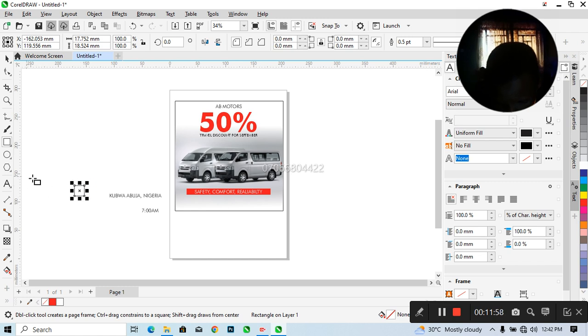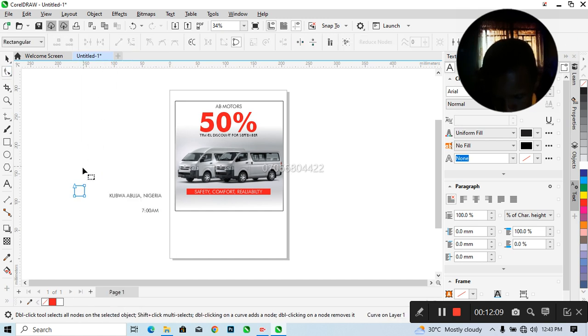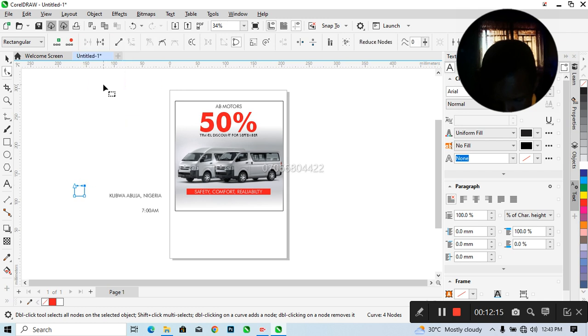Hope you know that Google sign. I'm talking about that map location. So we can do a Google sign here. So what we'll do is to convert this one to curve. So when we convert to curve, we'll come here, turn here to curve, take it up a little,